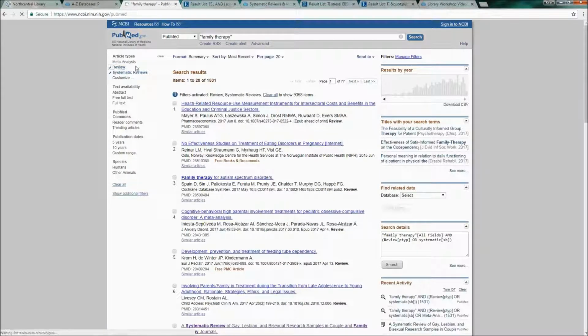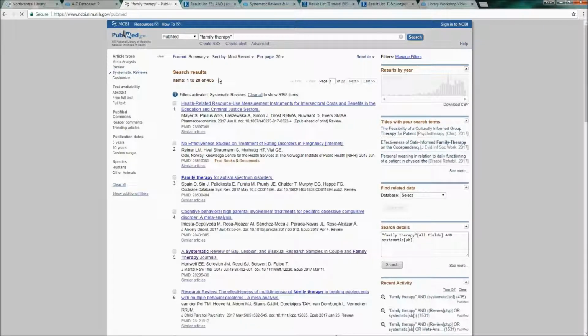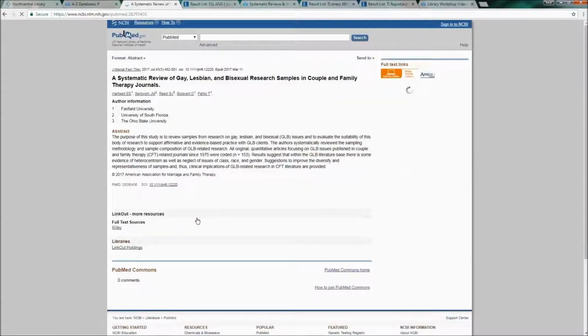I'm going to click on review to remove that option. And now I have about 435 results for my search terms, family therapy, and limited to an article type, systematic review. Now let me click on one of these articles just to point out what I meant before by when